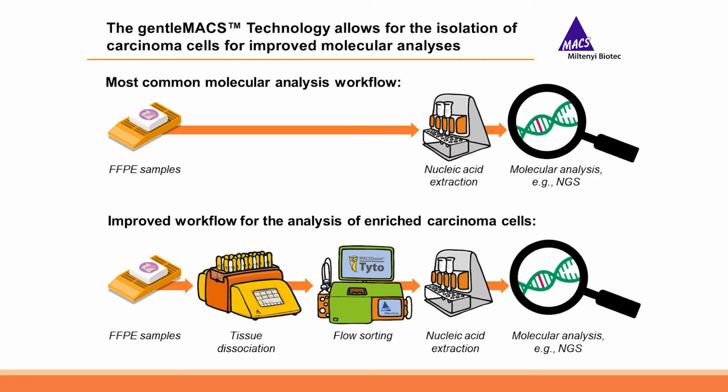And when you dissociate your FFPE section with the FFPE Tissue Dissociation Kit, you can sort now on a flow sorter, for example, cytokeratin-positive carcinoma cells or vimentin-positive non-tumor cells. And these two purified cell populations you can use to extract nucleic acids from before you move on to molecular